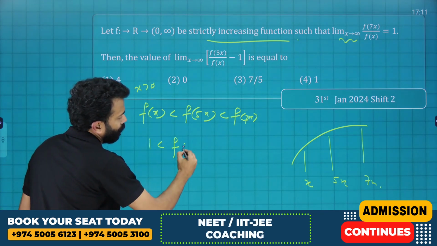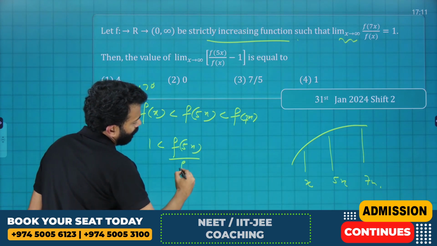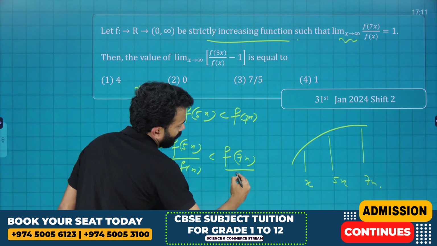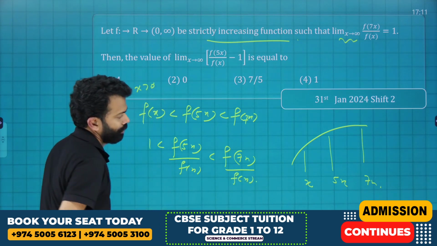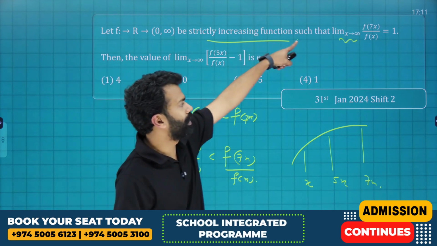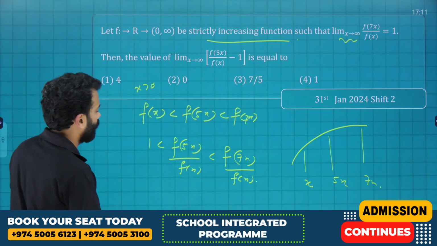1 less than f of 5x by f of x less than f of 7x by what? F of x. Okay, you got the answer here. I hope you are getting the idea here. Then apply limit x tends to infinity in this inequality. You will get